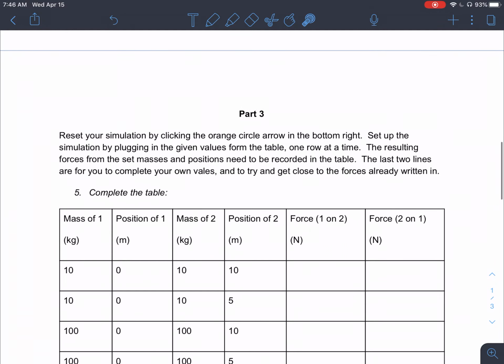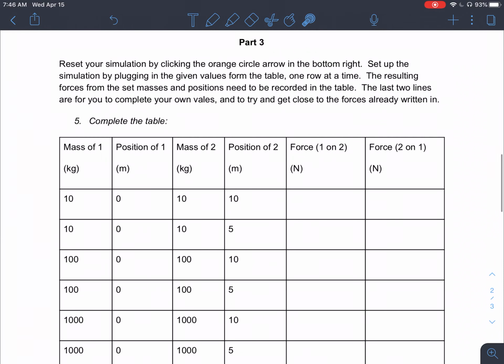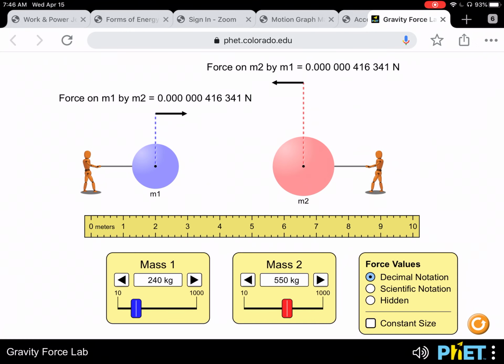All right, then moving on to part 3. So in part 3, you will be really testing out that equation that you wrote down, but you won't be doing the actual calculations. The simulation will do all of the calculations for you. And I'm going to walk through how to set up this first one here. So mass of the first person, which was the person on the left, we're going to set to 10. Position 0, the person on the right will have a mass of 10 and a position of 10. So what that looks like,